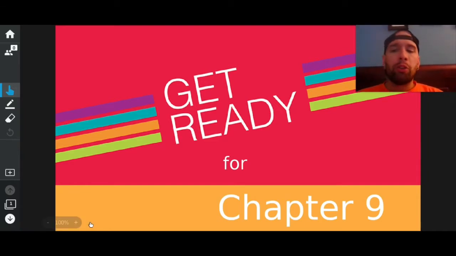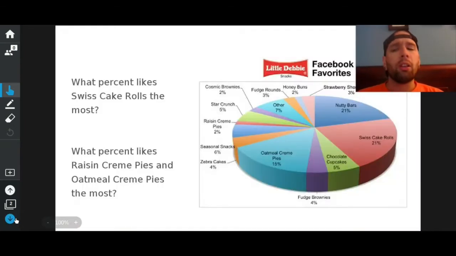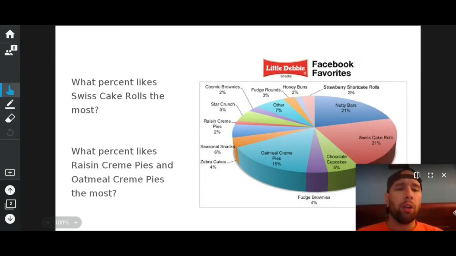Chapter 9 deals with something called two-way tables, which is data analysis, graphs and tables. And it also has to do with scatter plots, more data analysis. So we're going to look at circle graphs, a line graph, and I forget what the third one is. I guess we'll find out when we get there. All right. So right off the bat, what percent...